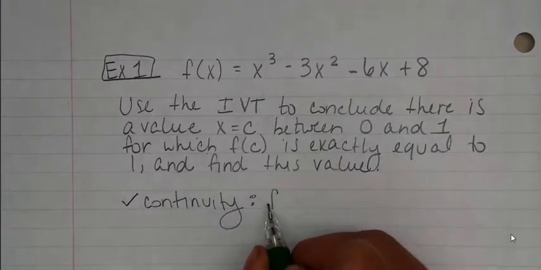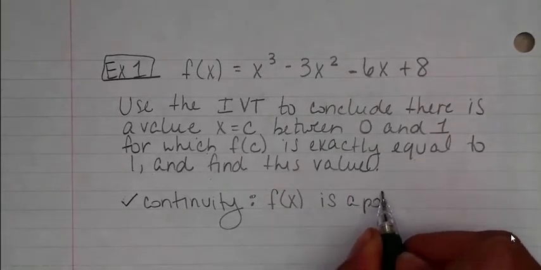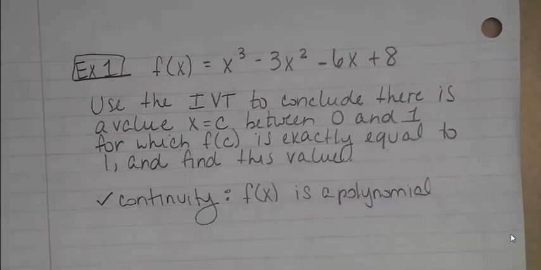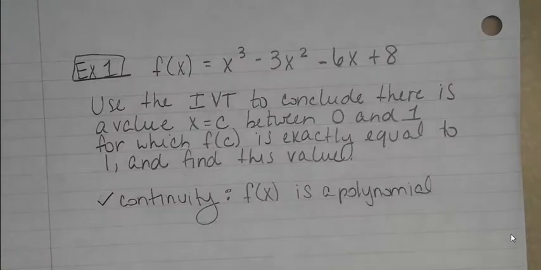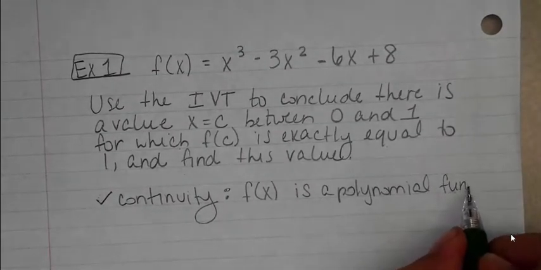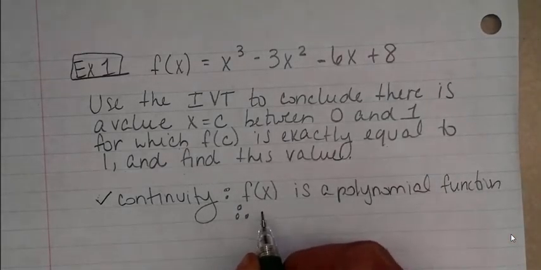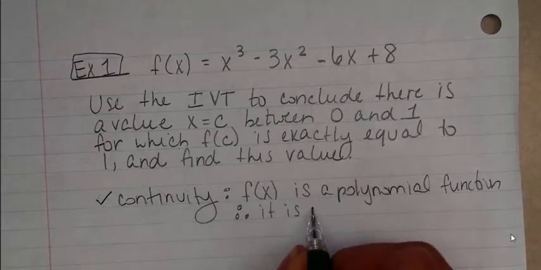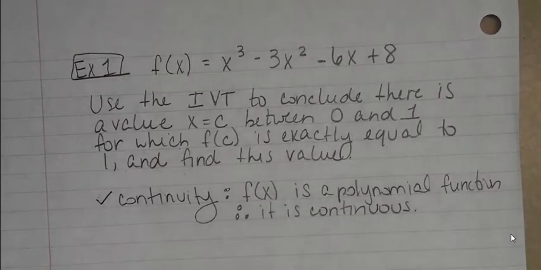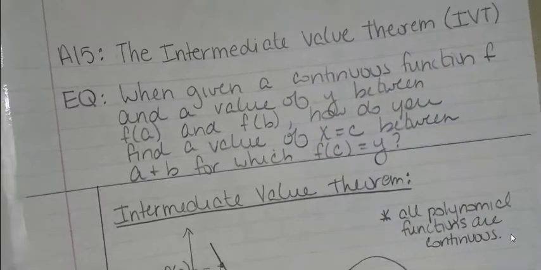Well, we know that f of x is a polynomial. Again, it's not a rational function, which means there's no denominator. So we know that if it is a polynomial function, therefore, it is continuous. So we check the first part of that. The second part of the intermediate value theorem